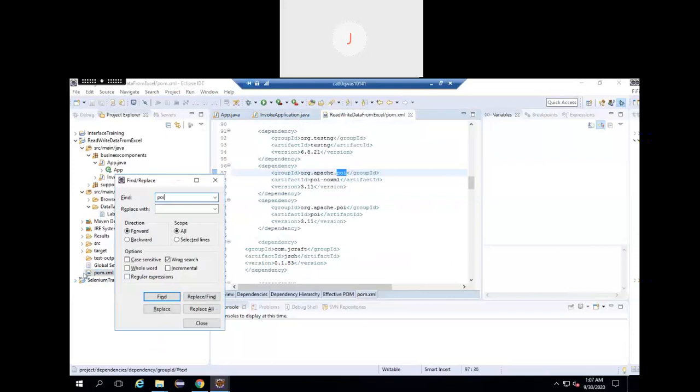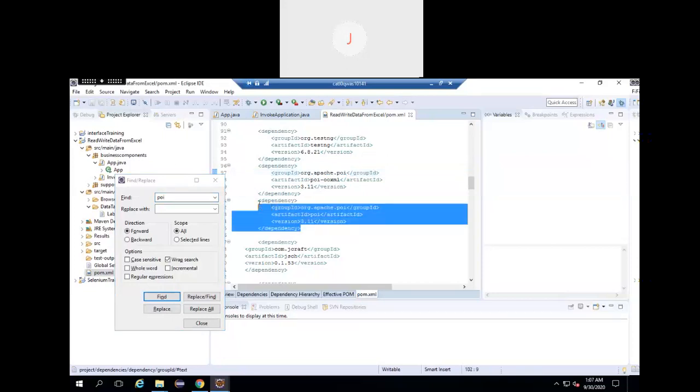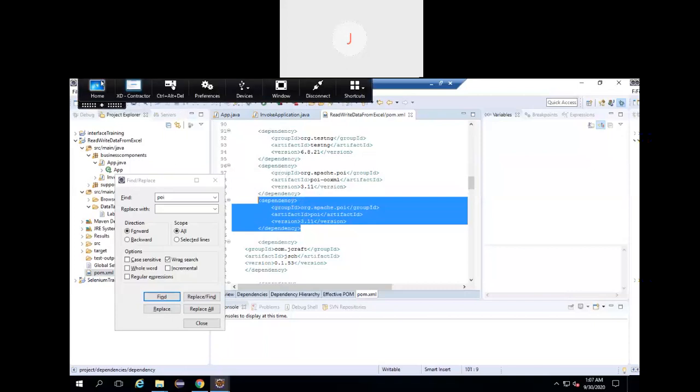The POM acts as a medium of communication, which plays a vital role in a Maven project. So we have to give all the information in the POM. I have given this POM, belonging to org.apache.poi. I have imported POI OOXML 3.11 and also POI 3.11. This is for XLS and this is for XLSX. I have added the dependency over here.